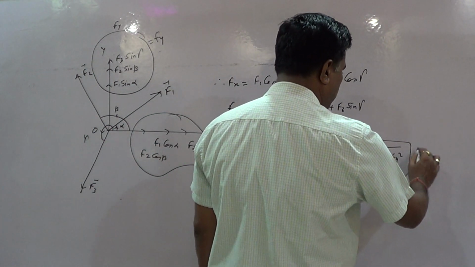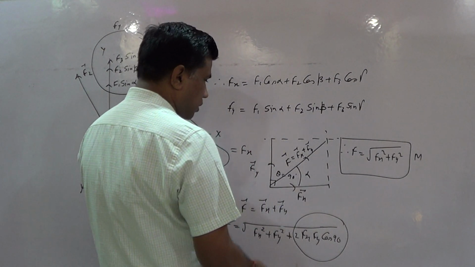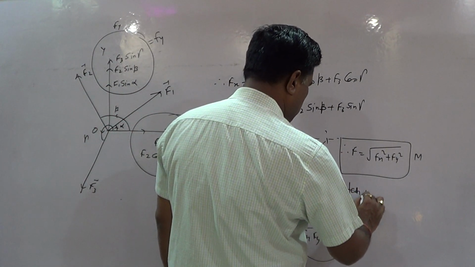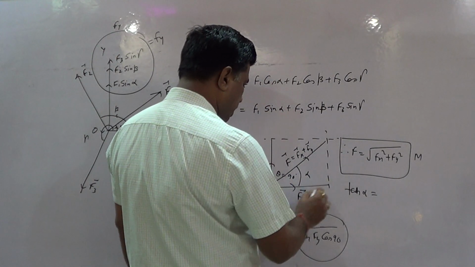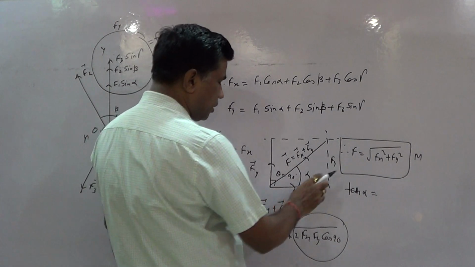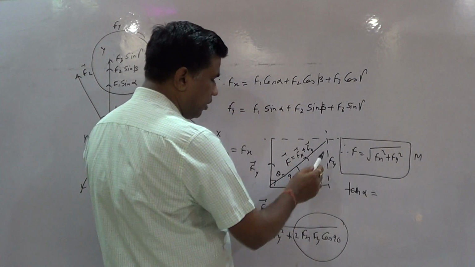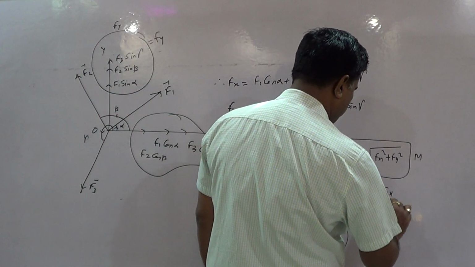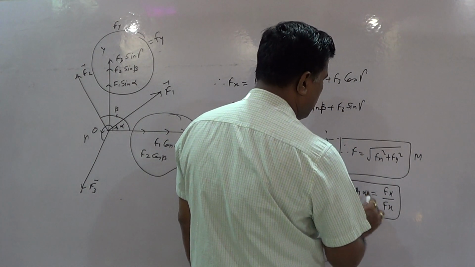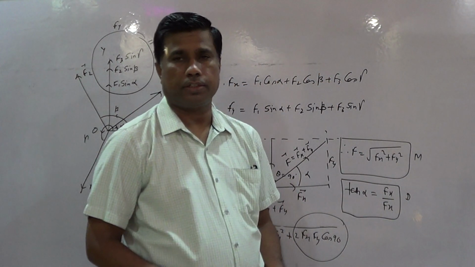So this formula will give the magnitude, and if this angle is alpha, then we can write the formula for tan alpha, and the value of tan alpha will be Fy by Fx. This side will be Fy, as this side is Fy written here, so this side will also be Fy. So tan alpha will be Fy by Fx. By calculating the value of alpha by this formula, you can find the direction of the resultant vector.